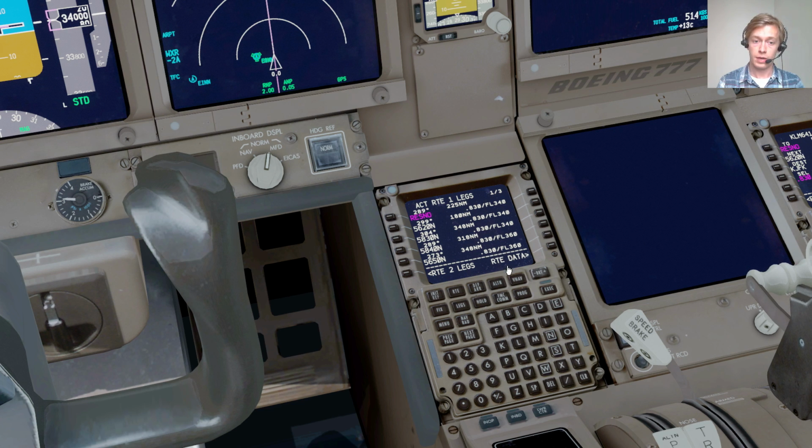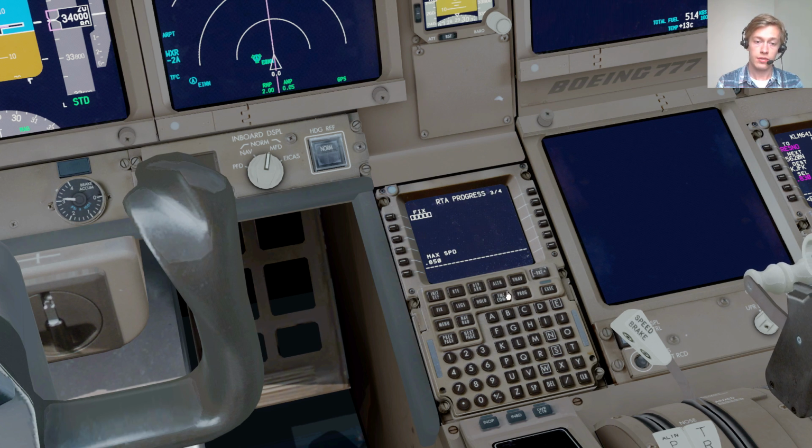In your aircraft it might be different, but in most larger airliners you have something called RTA, or required time of arrival function. In this case, in the VNAV page on page 2, we go to RTA progress, and here you can enter the fix for which you want to have a restriction. So RESNO, and here you can put in the required time of arrival. So we want to arrive at 11:38, simply because we're not allowed to cross this waypoint anytime before that. So I'm just going to put in 11:38.0